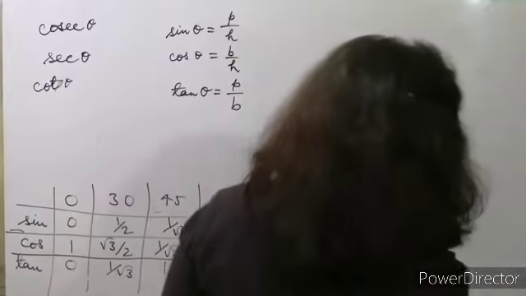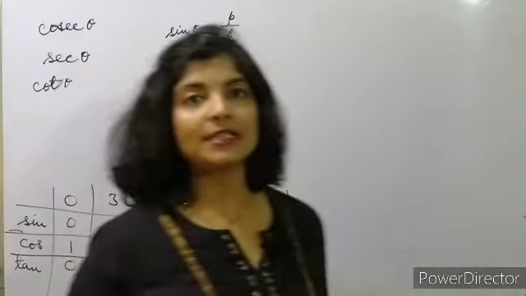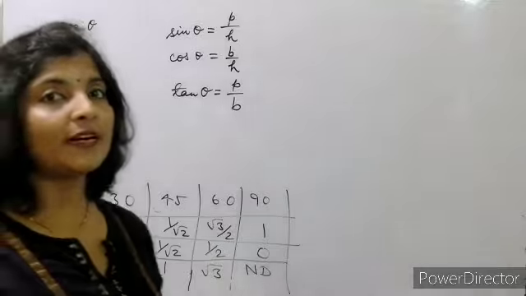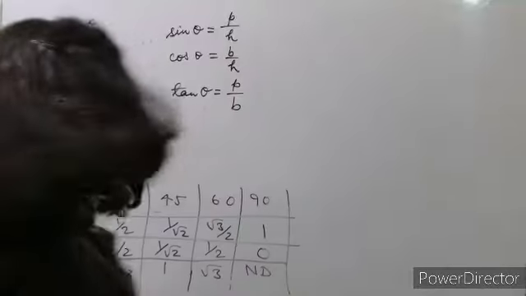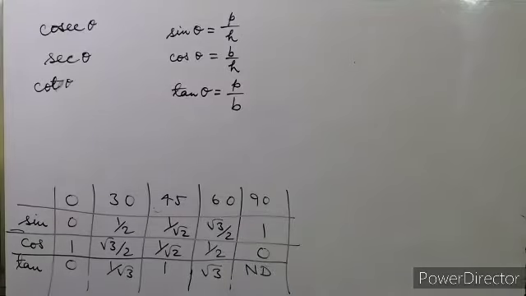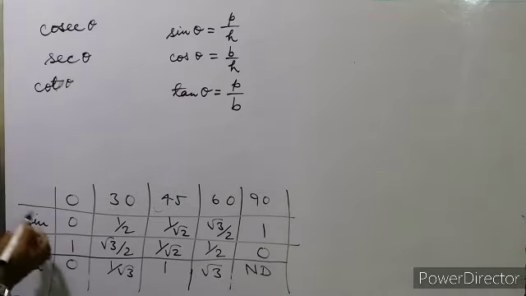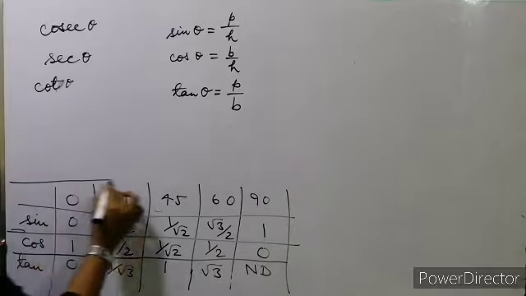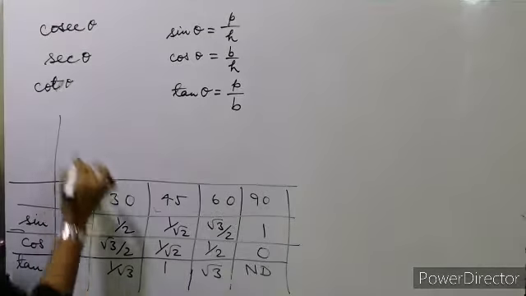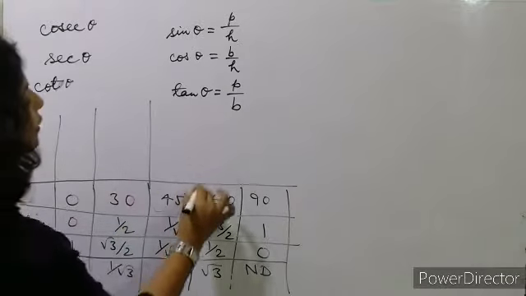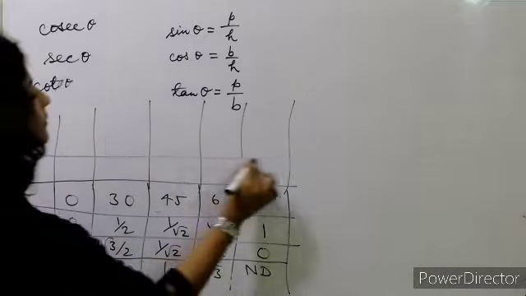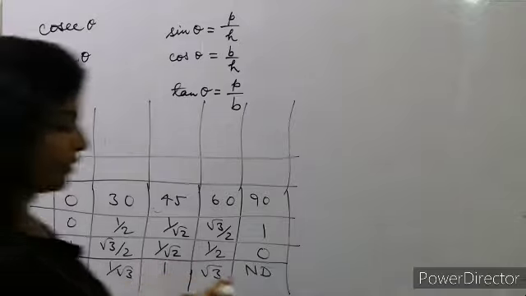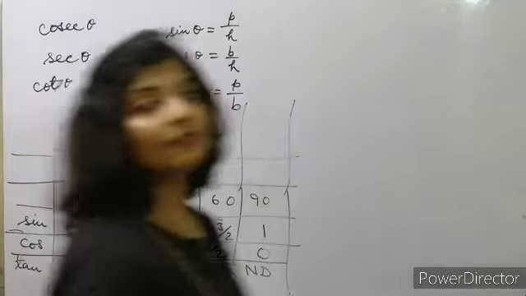Okay. So once you have got the value of sine, cos and tan, it's very easy to find out the value of cosec, sec and cot. So what will be the value of cosec, sec and cot? See, if sine, then opposite, I mean inverse, will be there. So now we'll write the values for cosec, sec and cot. First of all we'll write for cosec, that is inverse of sine.